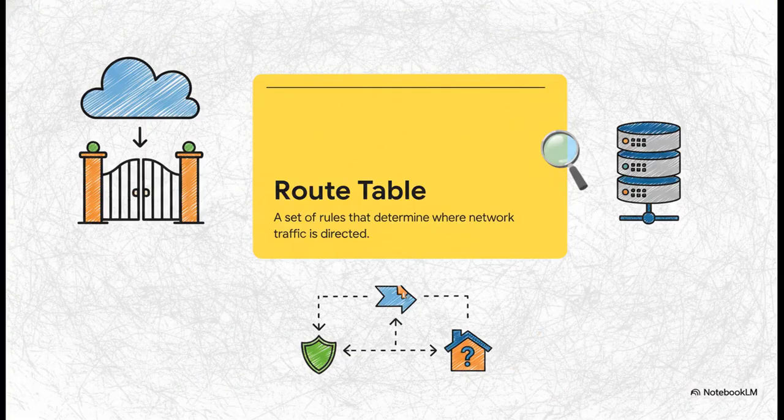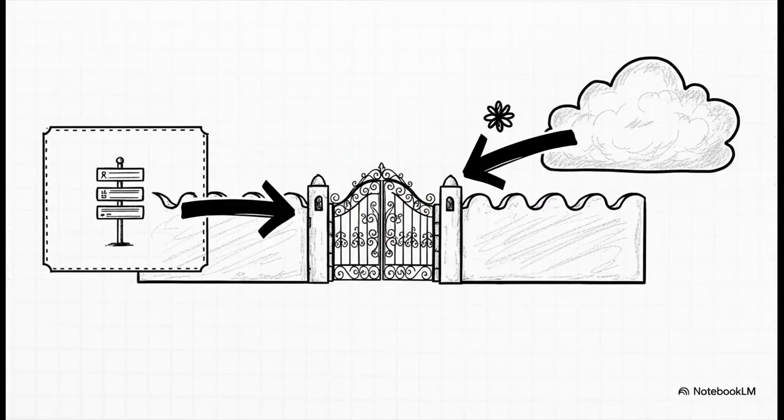So here's how it works. Every single subnet we create gets its own route table. You can think of it as its own dedicated GPS or traffic controller. It's really just a simple set of rules that looks at every little packet of data and tells it exactly where to go next. And this right here, this slide shows you the secret sauce that makes a public subnet